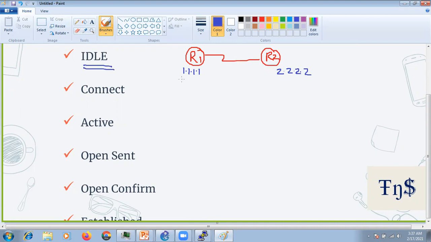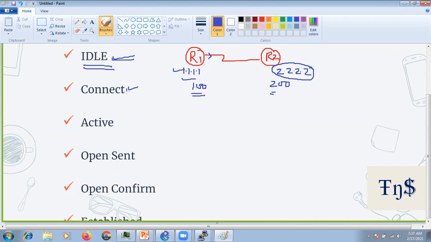Let's say you give the neighbor command, neighbor 2.2.2.2 update source. Let's say it's in AS200, it is in AS100. So at R1 you say neighbor 2.2.2.2 remote AS, update source loopback 0, and your neighbor is not reachable to you. So in that condition your state will be idle, right?